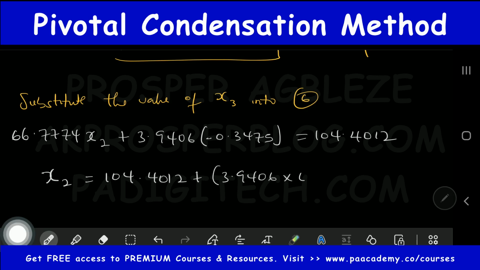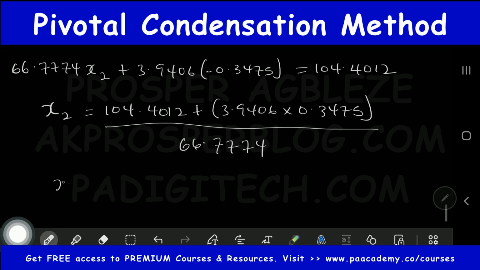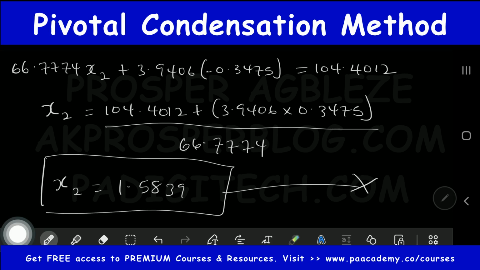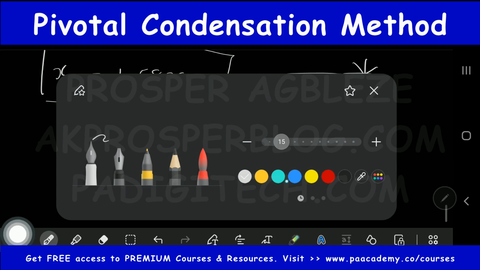3.9406 times 0.3475. What just happens here is, there's a negative here, there's a negative here, there's a positive here, which is like negative. So it should come to the other side of the equals to sign, it becomes positive. So that's why you're having positive here. Then divided by 66.7774. If you do this correctly, you're going to be getting your x2 to be equals to 1.5839. Take note of this. We've gotten our x2, we've gotten our x3. So now let's calculate for our